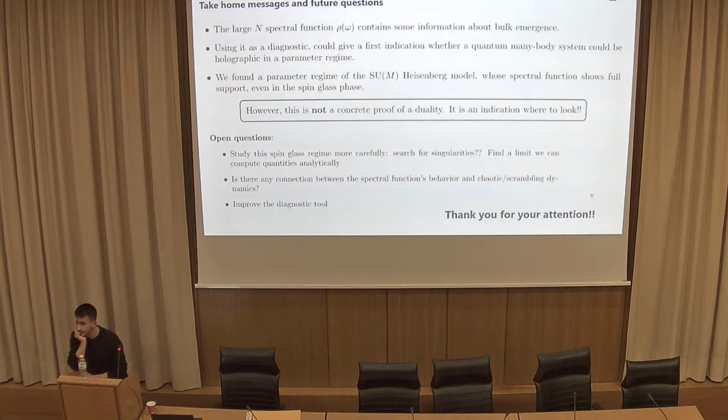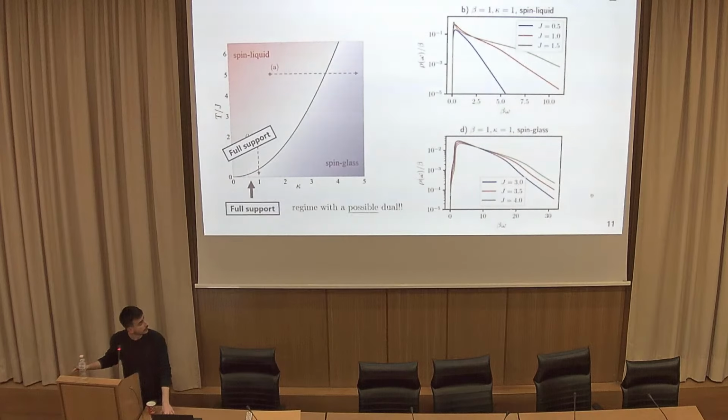Thanks for making this introduction. In the spin glass phase, what distinguishes whether I can have a bulk description or not? Is it the value kappa? So somehow for small kappa you can have a dual description that breaks down as you increase this parameter. What distinguishes the region within the spin glass phase that has a dual description and does not?